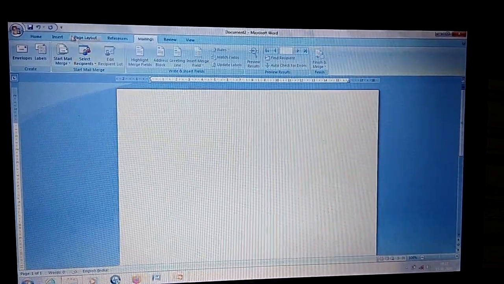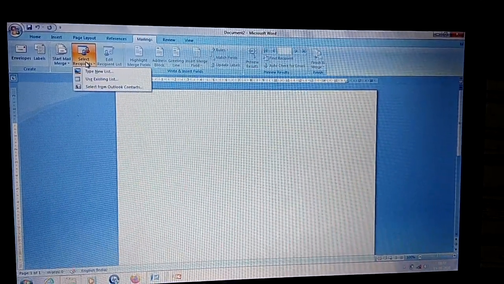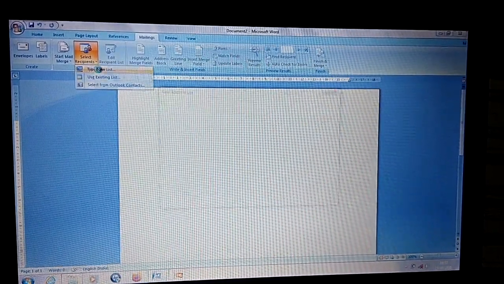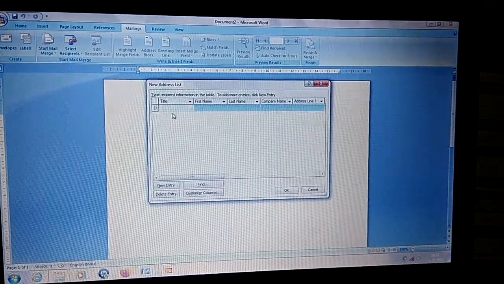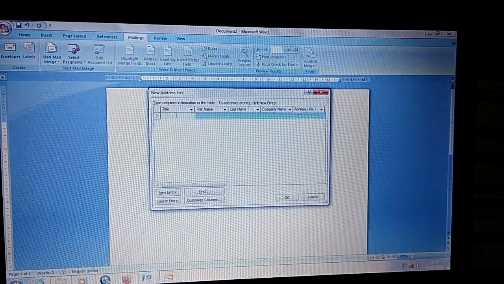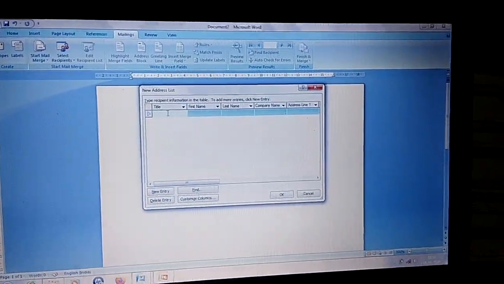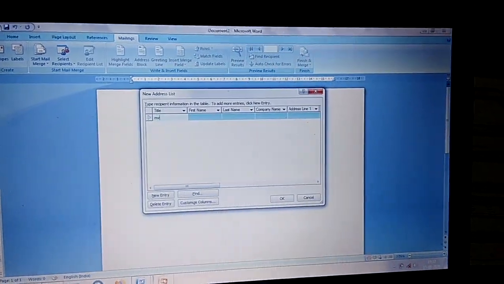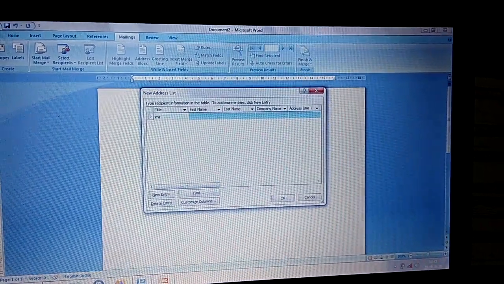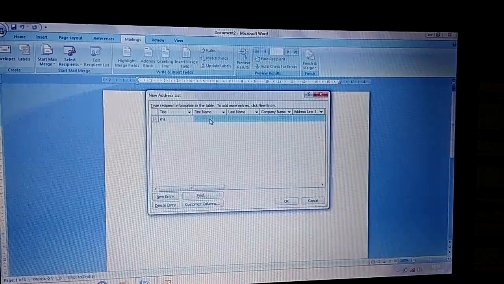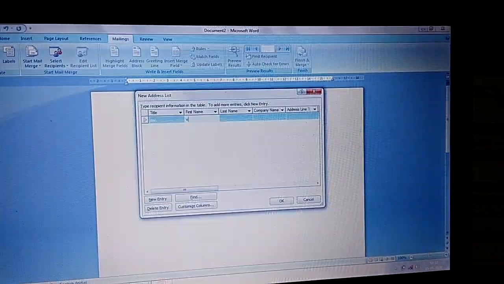After that, click on Select Recipients. Click on Type New List, in which you have to type the name. For example, I write down there Mr. After that, I write down there Verma.